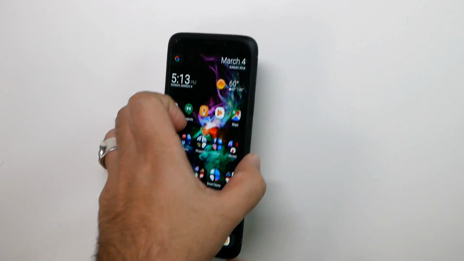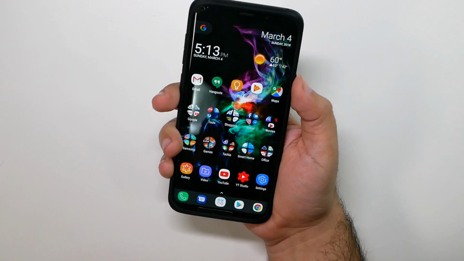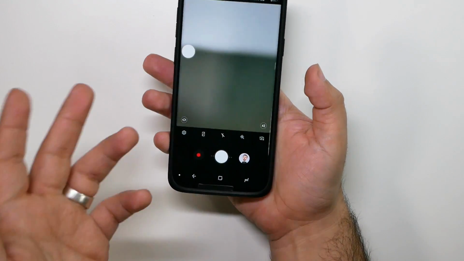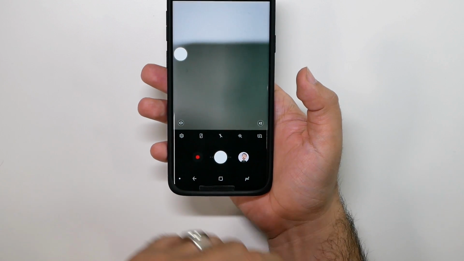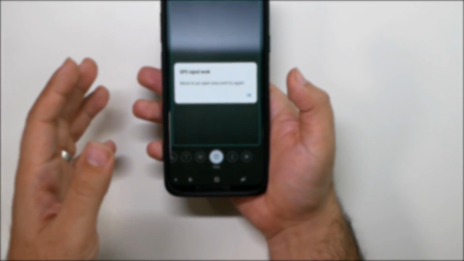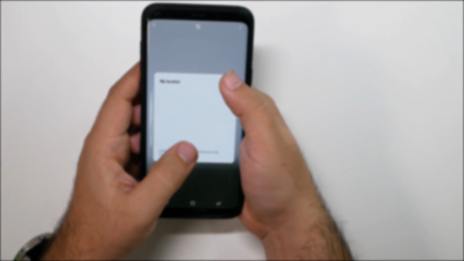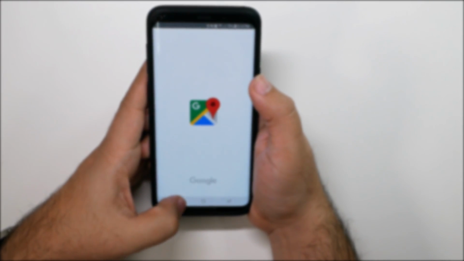So first of all, we're going to go into most of them through the camera app, and that's double clicking the camera power button, and now you have Bixby Vision right here. So with Bixby Vision, you have a lot of new features and some of the older ones. So overall with this, first we have